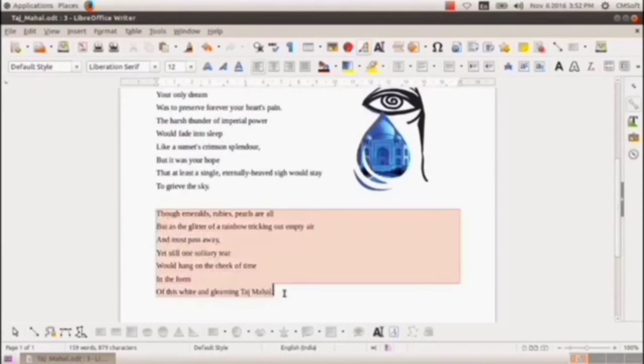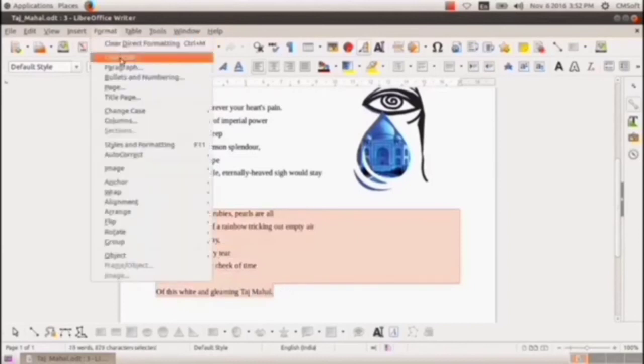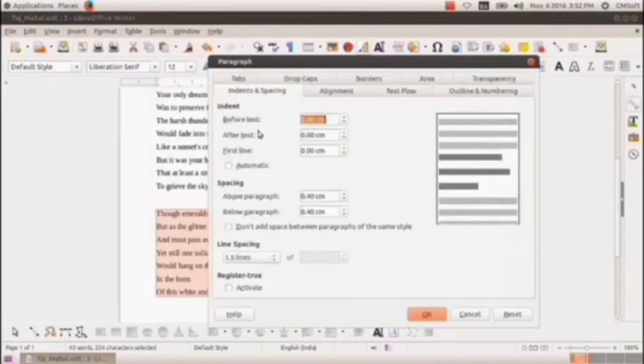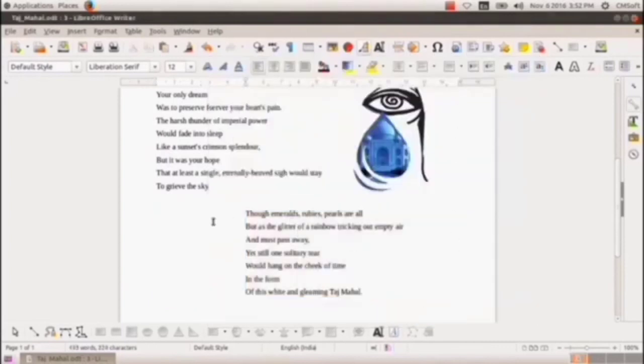We can select the paragraph for changing the alignment. I give 5 centimeter in the before text box and click OK. Now we can see this paragraph has moved to the right side.